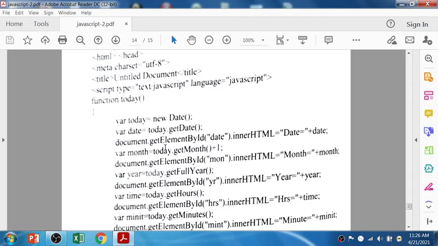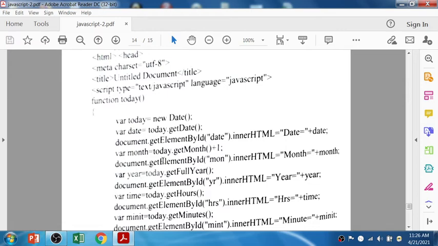So document.getElementById date, right? That means whichever element is declared with the date id, at that place the date will be displayed. Variable month stores getMonth plus 1, and that is stored into the month.